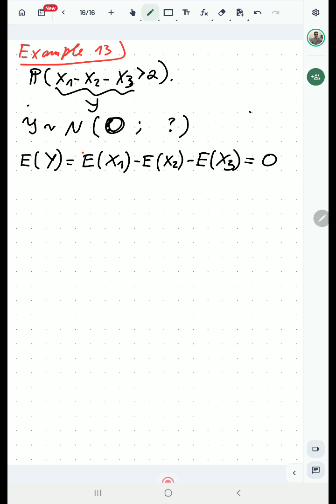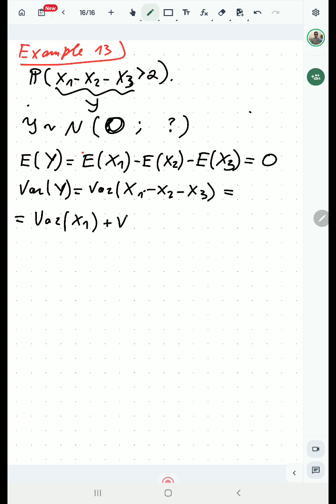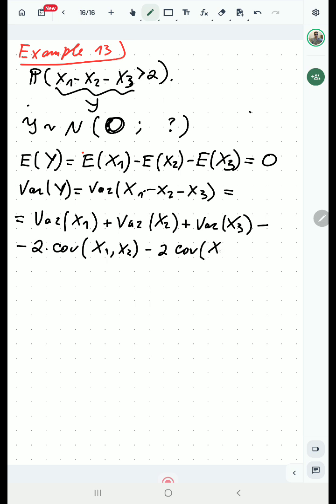Now the variance is going to be a little bit nasty here. So let's find the variance of this guy. Variance of y is going to be equal to variance of x1 minus x2 minus x3, which is actually equal to variance of x1 plus variance of x2 plus variance of x3, we know that. And here we have covariances: minus 2 times covariance of x1, x2, minus 2 times covariance of x1 with x3